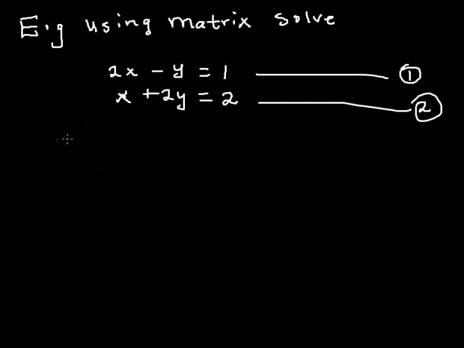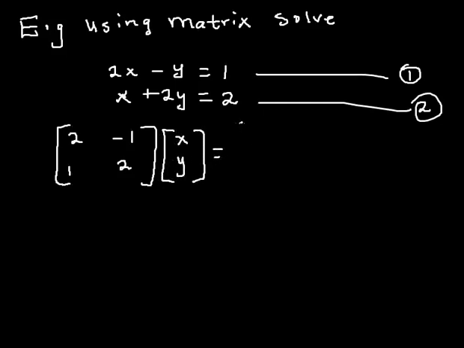As simply as possible, I split my matrix into components. The coefficient matrix, which is 2 minus 1, 1, 2, then multiply by my variables x y, is equal to